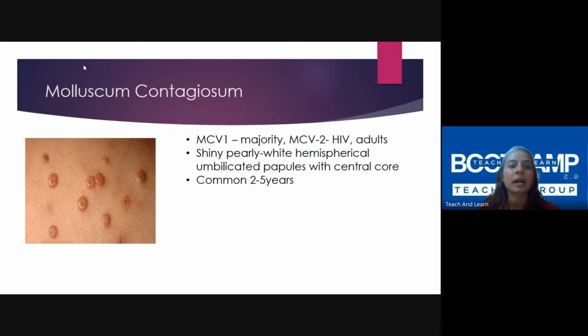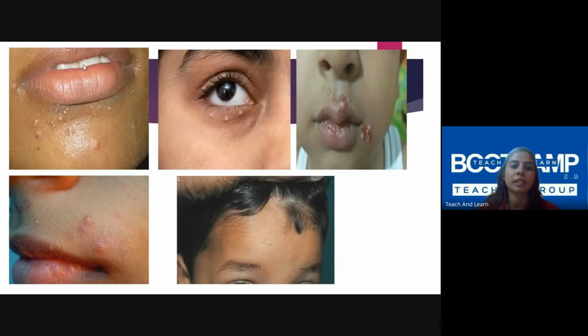You might not see the umbilication and things like that if you don't shine a torch and go closely and observe. But please don't touch or examine it too much, because it might spread as well, right? So it's going to be one papule or two, like what is shown in the middle picture. There are only 3. That's it. The child might not have any other symptoms, itching or pain or nothing like that. It might be around the lips or wherever.